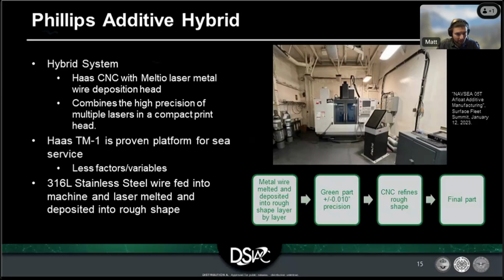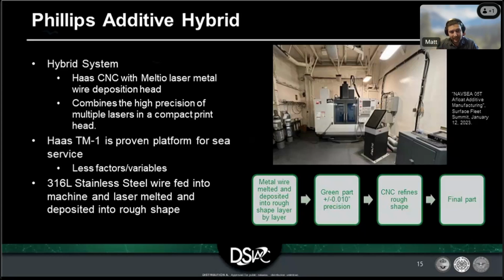But if you need something a little bit closer in tolerances, the Haas system will change its tool head and then actually go in and refine the more complex shape out of the rougher green part. And then there you go, you have your final part. So this system can actually make quite a high precision part with multiple lasers, and does it all in a